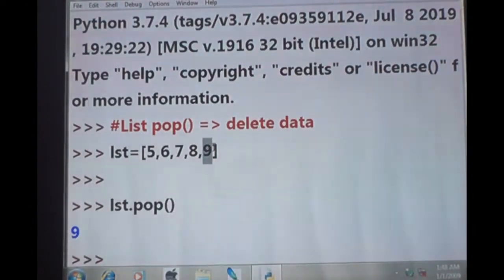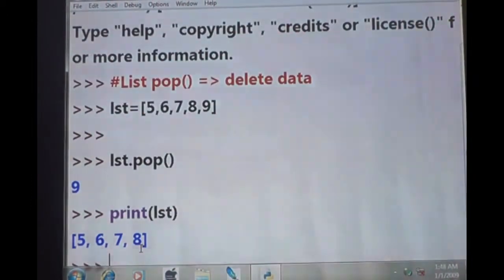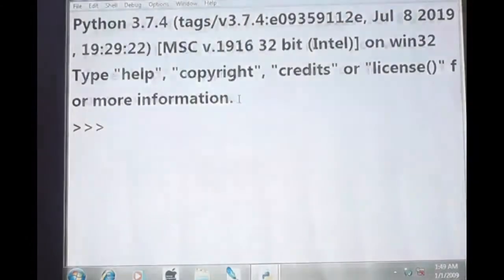The data 9 is deleted. So if I print LST, it gives the values 5, 6, 7, 8 alone. 9 will not come here because the 9 is already deleted. Got it? Okay. One more example.